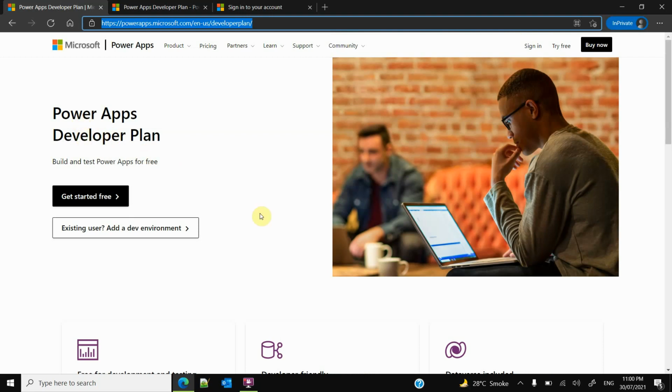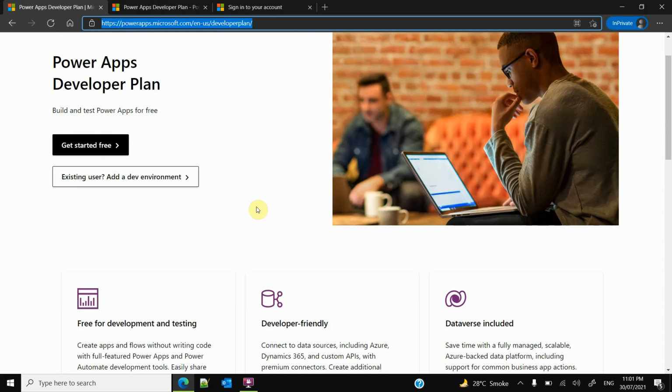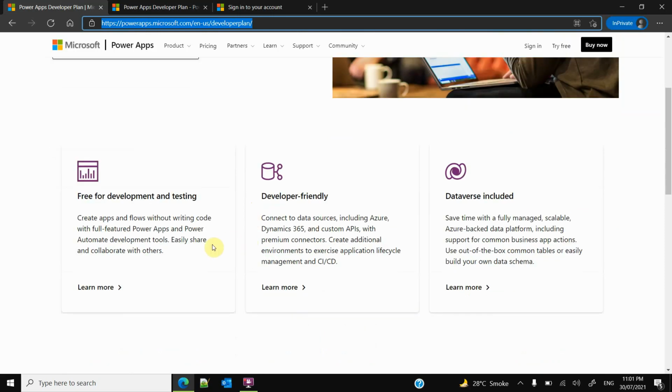Basically, this plan is available free of cost from Microsoft, not for commercial purpose or production purpose. For that you need to have paid licenses. This is only for the purpose of development on Power Platform, or if you want to test your Power Apps. So for that purpose this is given from Microsoft, and the brief features are like it is saying the same